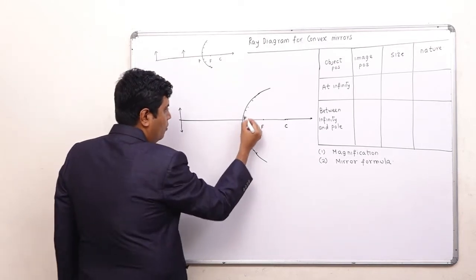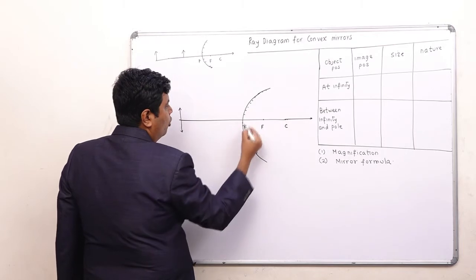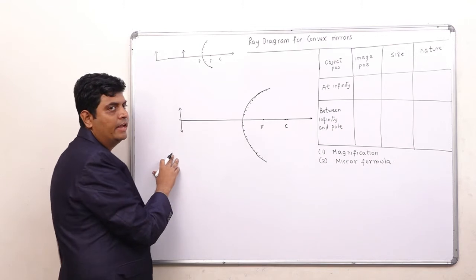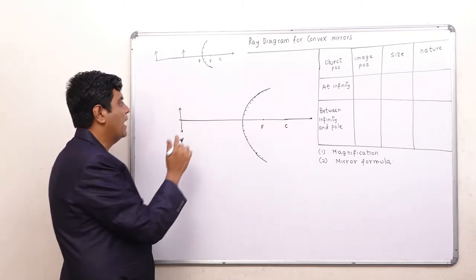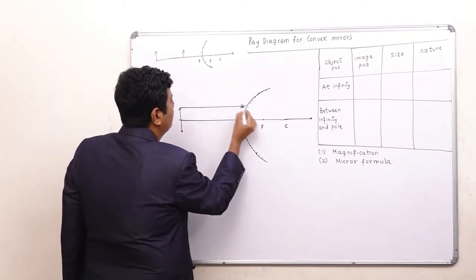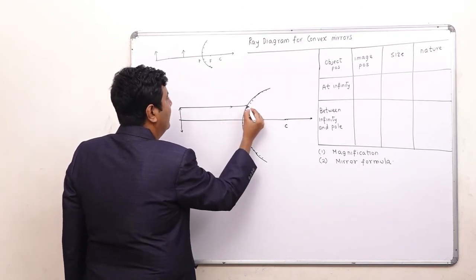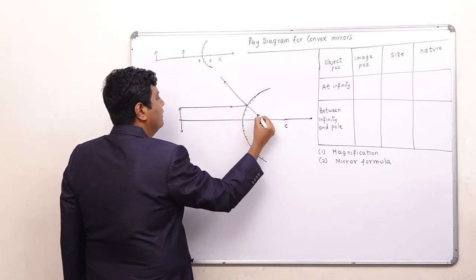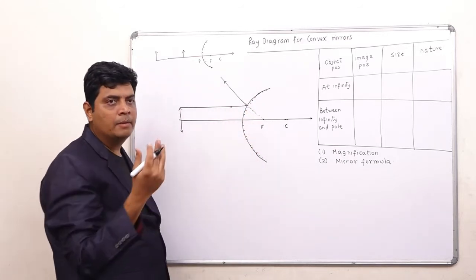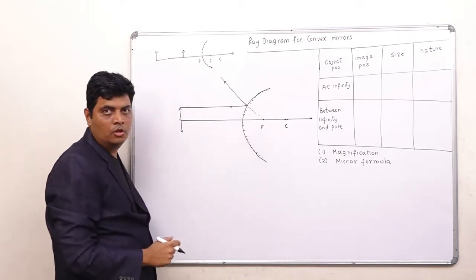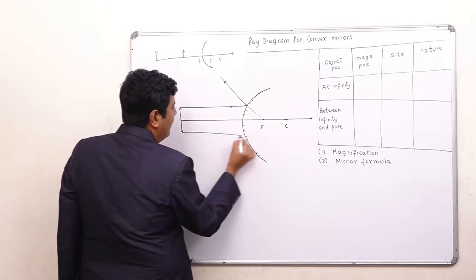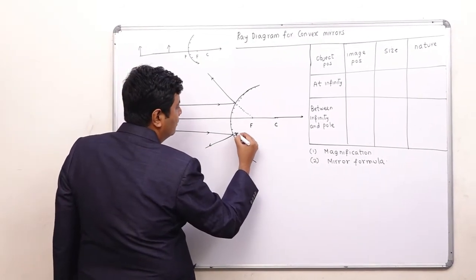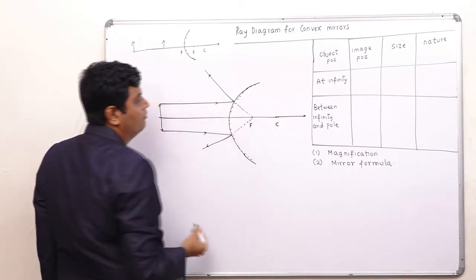To draw the ray diagram, you draw two rays. In case of an object at infinity, you draw both the rays parallel. So when the ray is parallel to the principal axis, the reflected ray will be diverged. This is the diverging. When I pull it back, see, in ray diagrams, whenever you are drawing a ray behind the mirror, it is always to be in a dotted line. And here again you draw one ray parallel. This is my reflected ray. It is diverging, and when I trace it back, it meets at the focus.